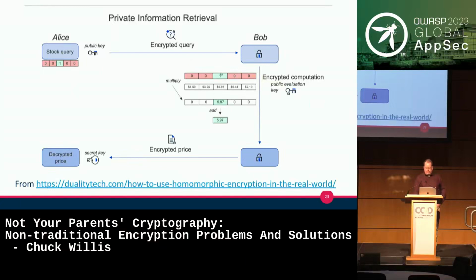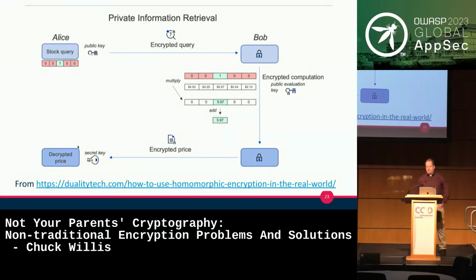Bob then says, okay, so I've got this data. Bob doesn't know that this is what's happening, but within the homomorphic encryption system, 0 is multiplied by the stock price for stock A, for stock B, and so forth. And so what you'll see is that you end up with zeros here, because 0 times anything is going to be 0, but you end up with the one stock price for the C stock that she was interested in. You can then add all those together, and it just comes out to what the C price was because the other ones are 0. But again, that's just going to be an encrypted result that then gets sent back to Alice.